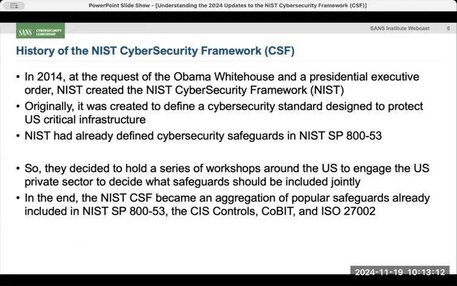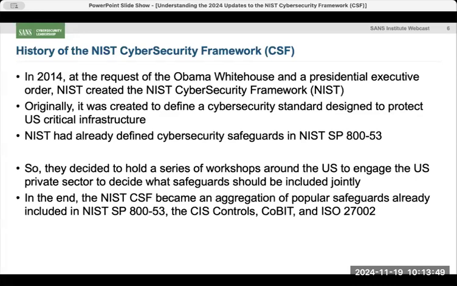Well, in 2014, the Obama White House basically signed an executive order saying that they wanted NIST to create a cybersecurity framework. Now, the purpose of that framework was going to be to help protect critical infrastructure. And that was specifically the idea. Remember, when this was really commissioned via executive order, NIST already had 853. And so when the White House went to NIST and said, listen, we need this new cybersecurity standard, their initial response is what you would have expected. They said, well, okay, sure, but we already have 853. Why do we need something new?